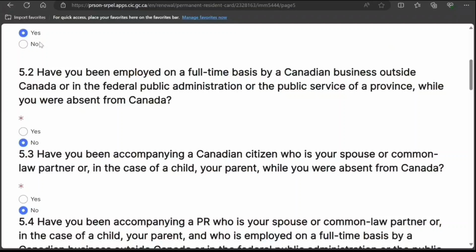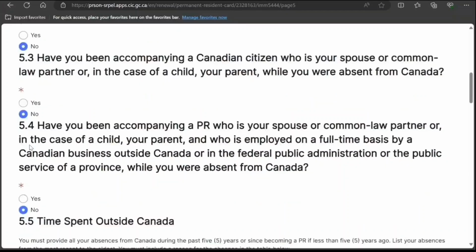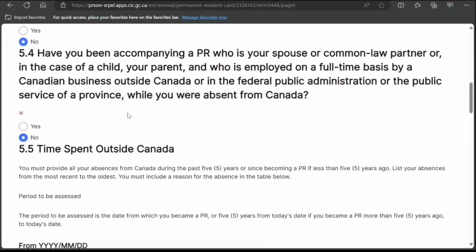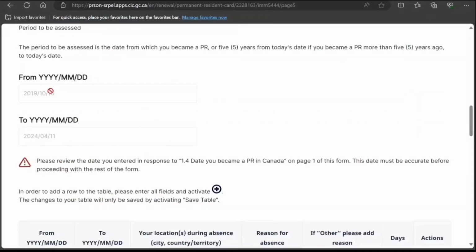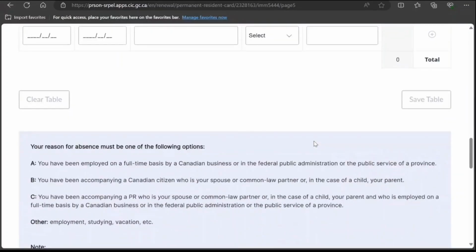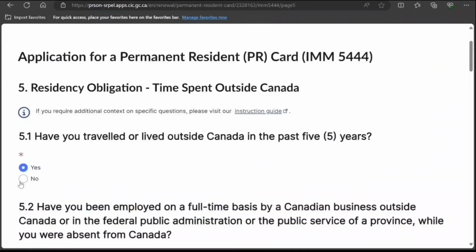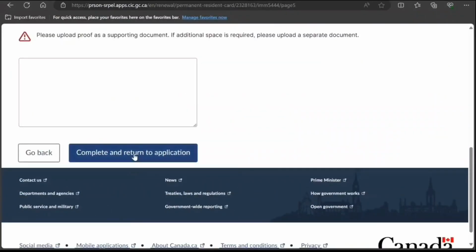Have you been employed on a full-time basis by a Canadian business outside Canada or in the federal public administration or public service or province while you were absent from Canada? I select no. Have you been accompanied by a Canadian citizen who is your spouse or partner, or in the case of a child, your parent, while you were absent from Canada? Similar, I select no. Outside Canada, then you need to provide information, your location and reason during this period, and then you need to click on Save Table after you enter, because without that, the system will not allow you. But anyway, I'll select no. Nothing of that is required, and I don't even need to write not applicable or something. So I'll click